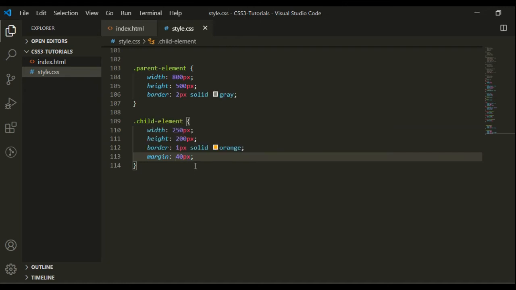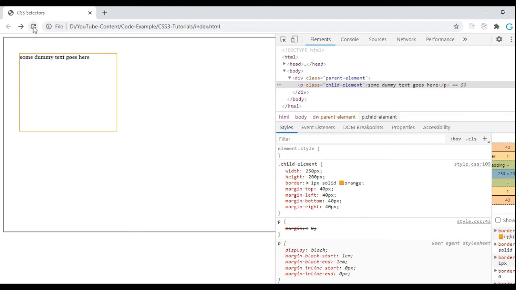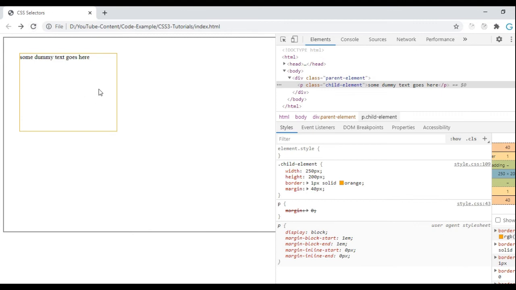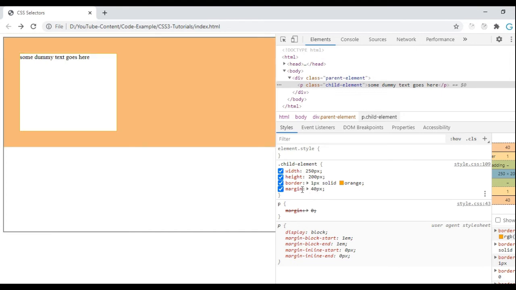This margin property is equal to all those 4 properties which we have used earlier. So let's see in the browser. Now you can see there is no difference. We have given only one property, margin 40 pixel. So it's taking 40 pixel space around the element.